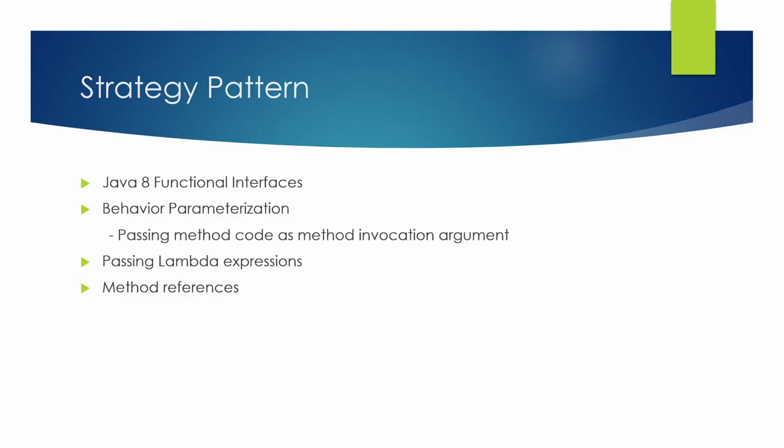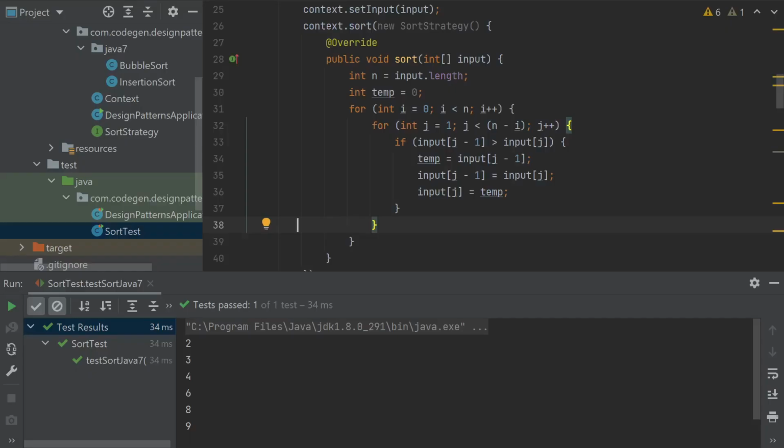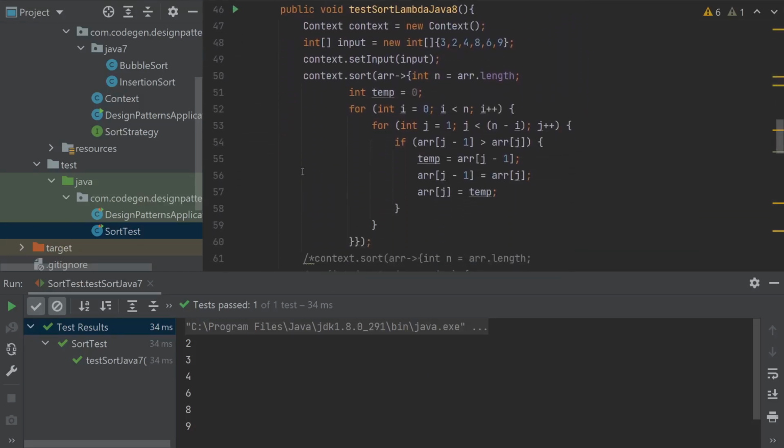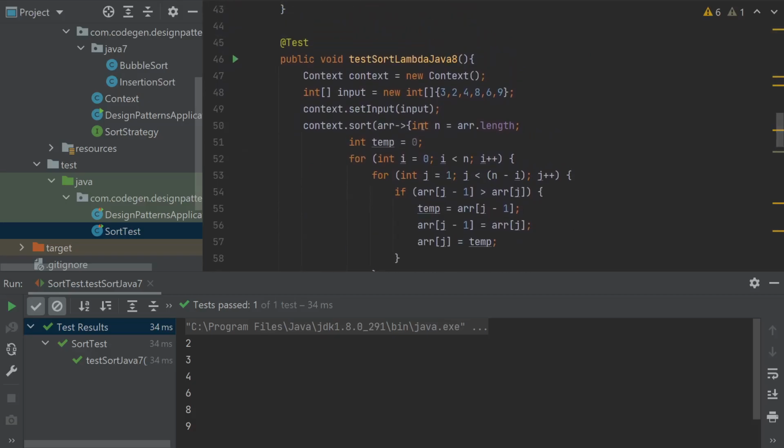So let's see this in action, right? Back to the sort example that we had earlier. I have already written a test class where we can use these concepts from Java 8 to reduce the boilerplate code that is associated with Java 7, where we had to create classes for each strategy.